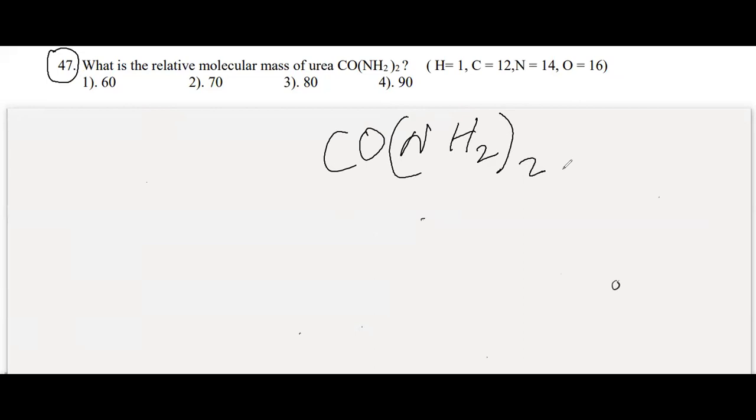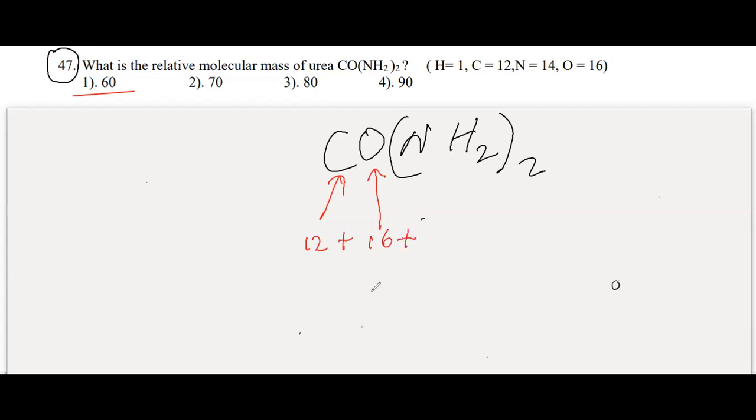First answer. Yeah. Correct. Very good. Answer is the first one, 60. Let's see how come 60. Carbon 12. Look at this within the bracket. Within the bracket, you are given the RAM of each element. Carbon 12 plus oxygen, you get 16 plus